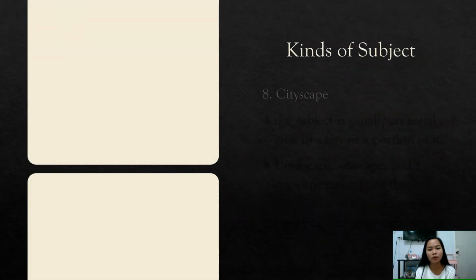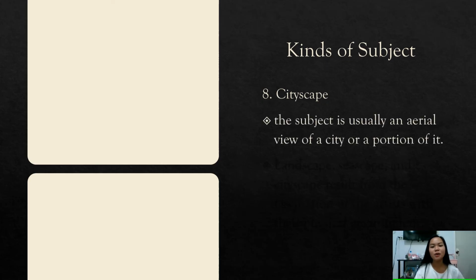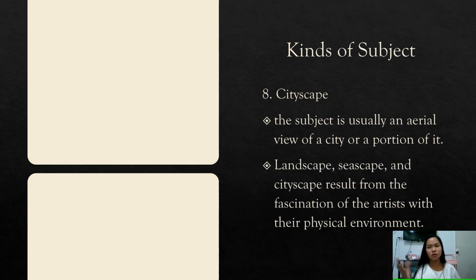So, next one, we also have cityscape. Just like landscape and seascape, the cityscape is also a wide view. The subject is usually an aerial view of a city or a portion of it. So, city, from the word itself, cityscape, city. So, landscape, seascapes, and